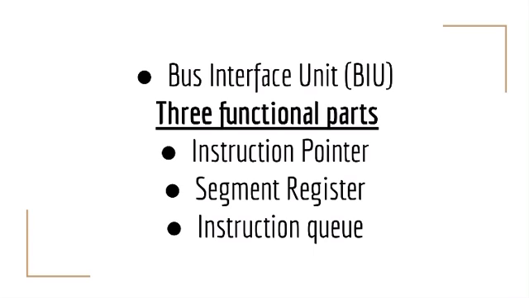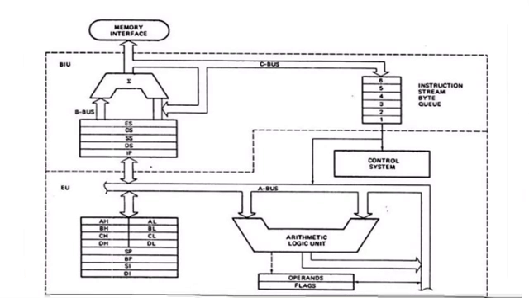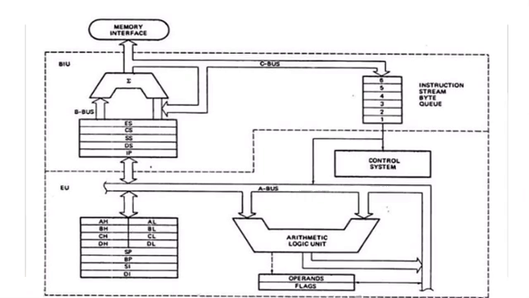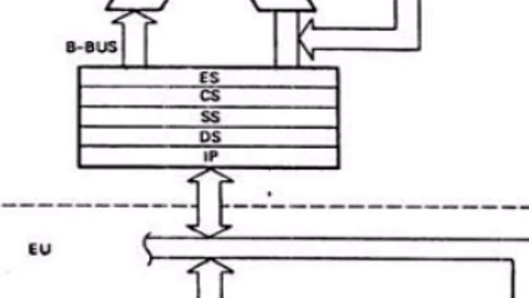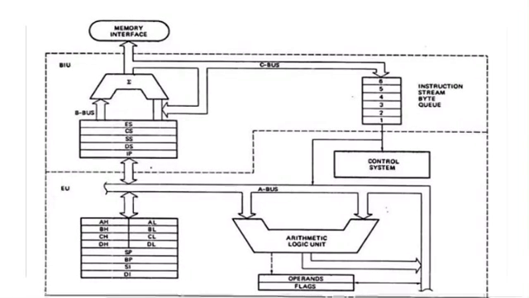Okay, so what does the segment register do? The memory space of the 8086 is 1 MB, divided into 4 blocks. Each block is specified by a register with a maximum size of 64 KB. These segment registers are ES, CS, SS, and DS. ES means extra segment, CS means code segment, SS means stack segment, and DS means data segment. These are the segment registers of the 8086.